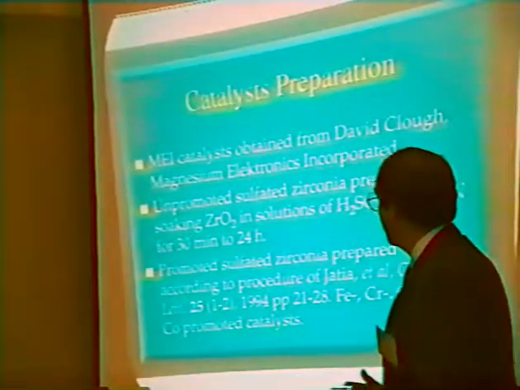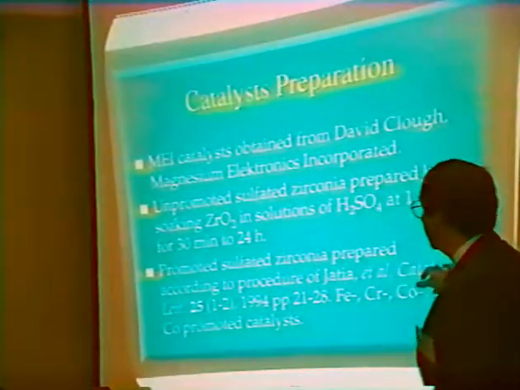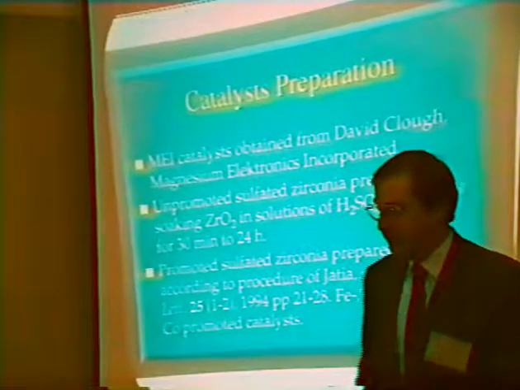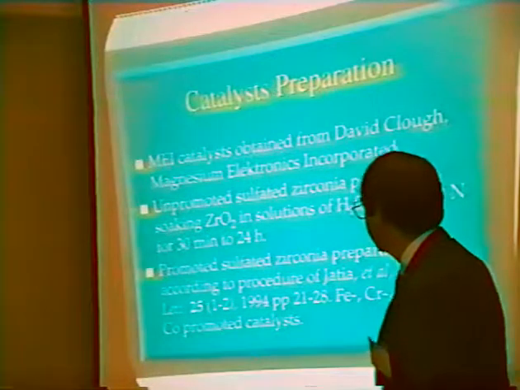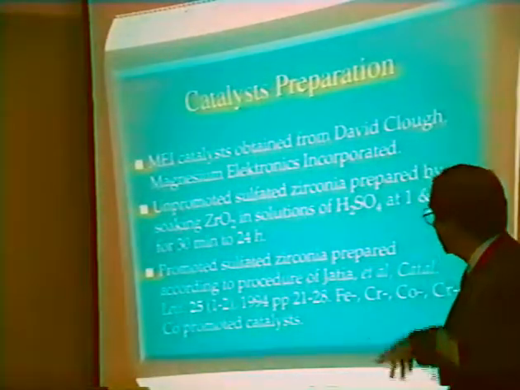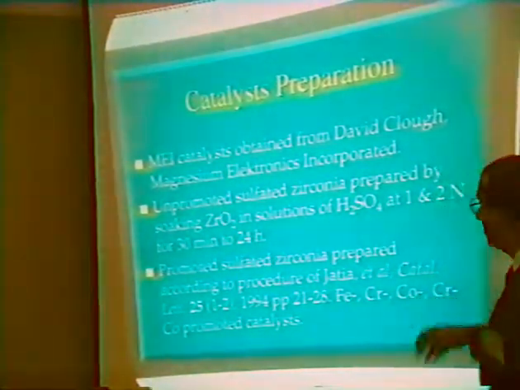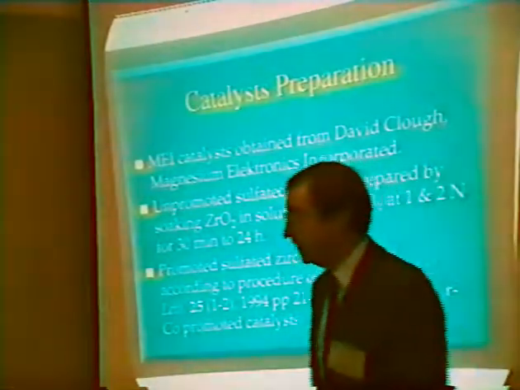We also used the technique of producing sulfated zirconia from the oxychloride, followed by impregnation with transition metal ions. And in our case, we use the nitrates of iron, chromium, cobalt, and then we also have one catalyst for chromium and